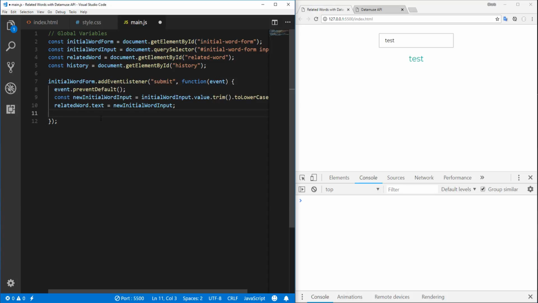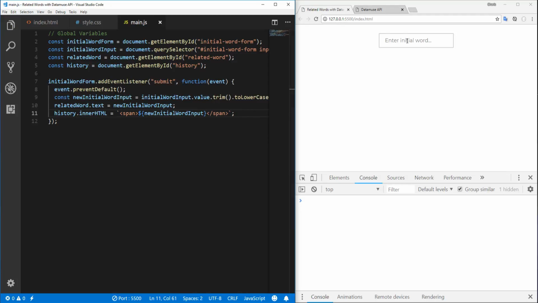And let's also add the input value to the history element. We'll use the inner HTML property because this time we want to set HTML content and not just text. We'll use template literal, so backticks, span, here comes the expression, okay. Now if we save and let's test,